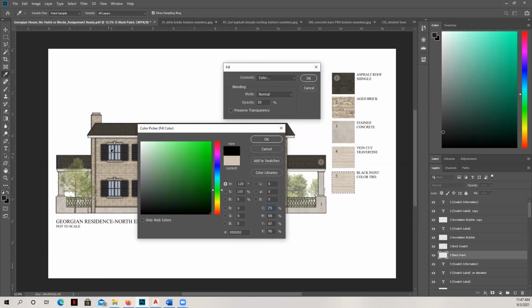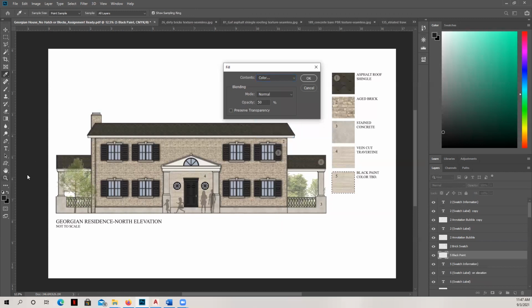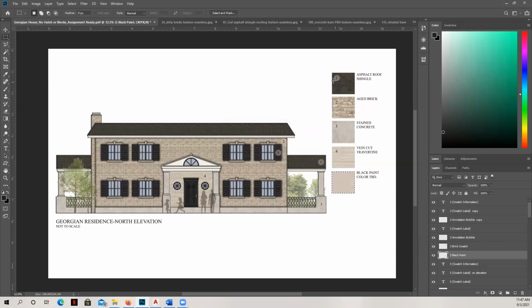Let's see. I'm going to have to zoom in a little bit. I think it's picking up the black that's right on my, there we go. That's a little bit better. Okay, and then the opacity is not 100%, it's 50%. We want it to be 100%. And let's go ahead and fill that in.